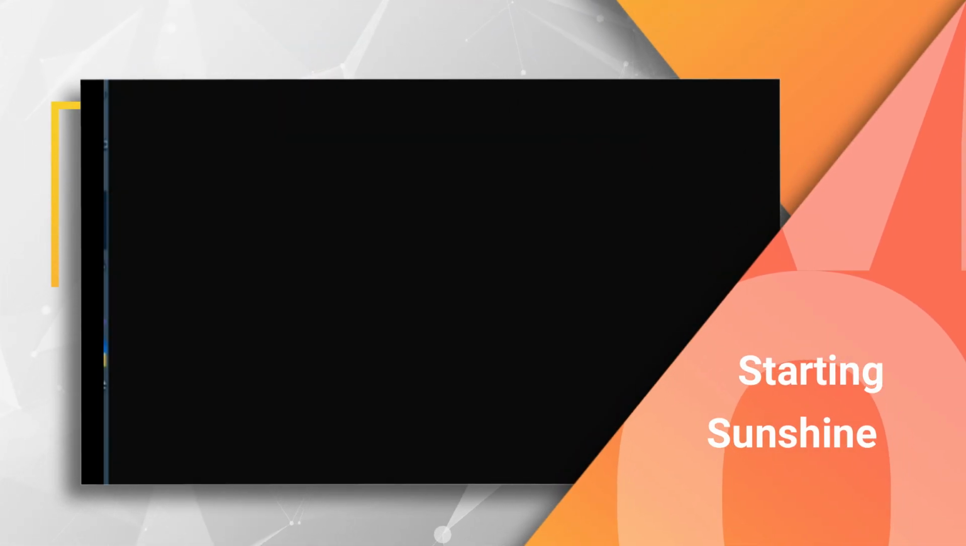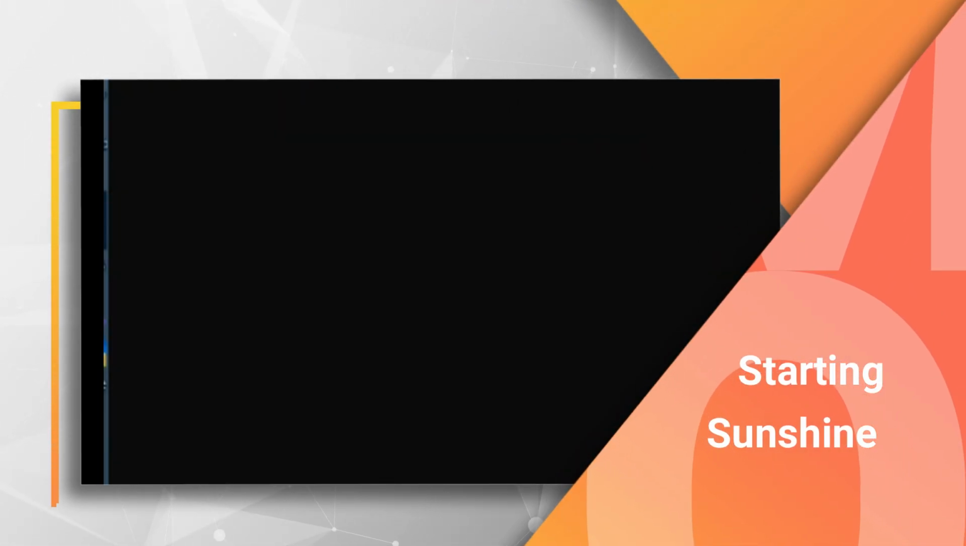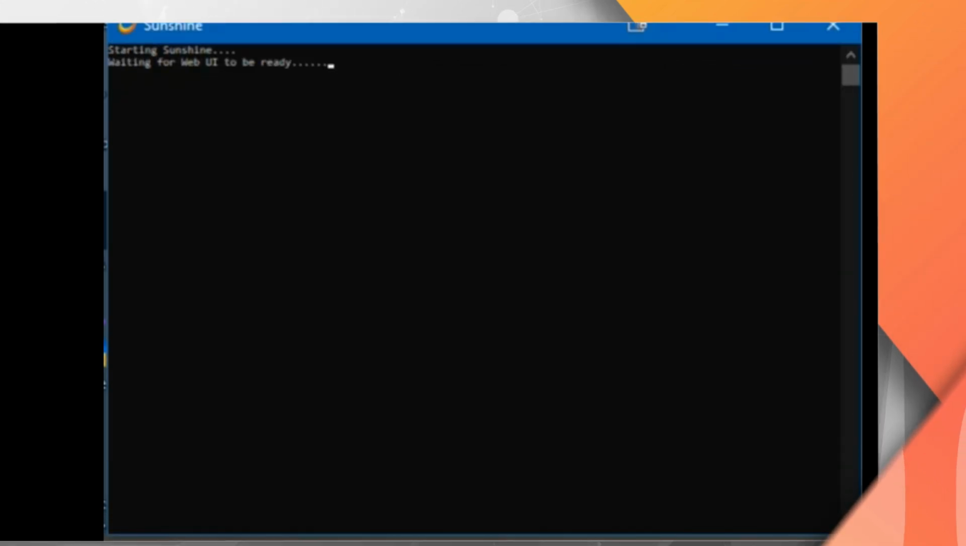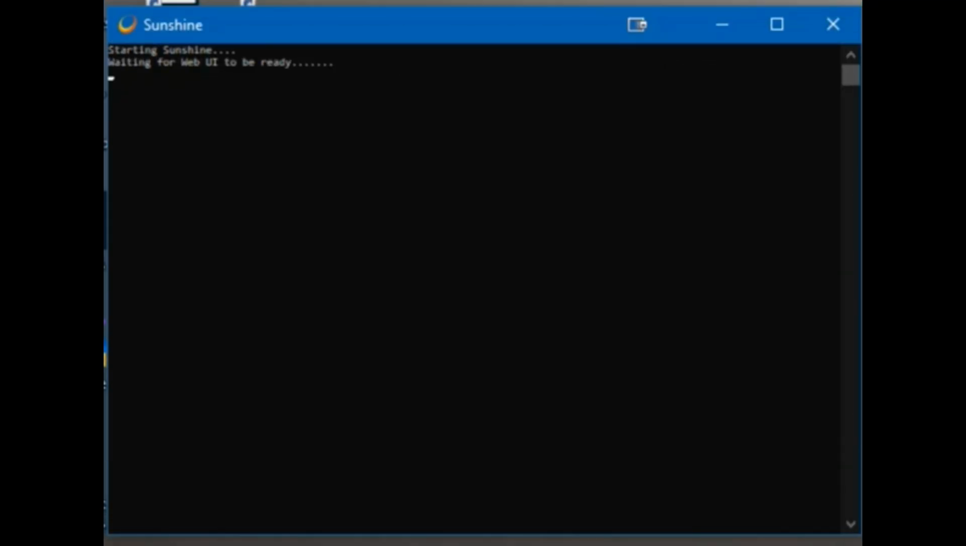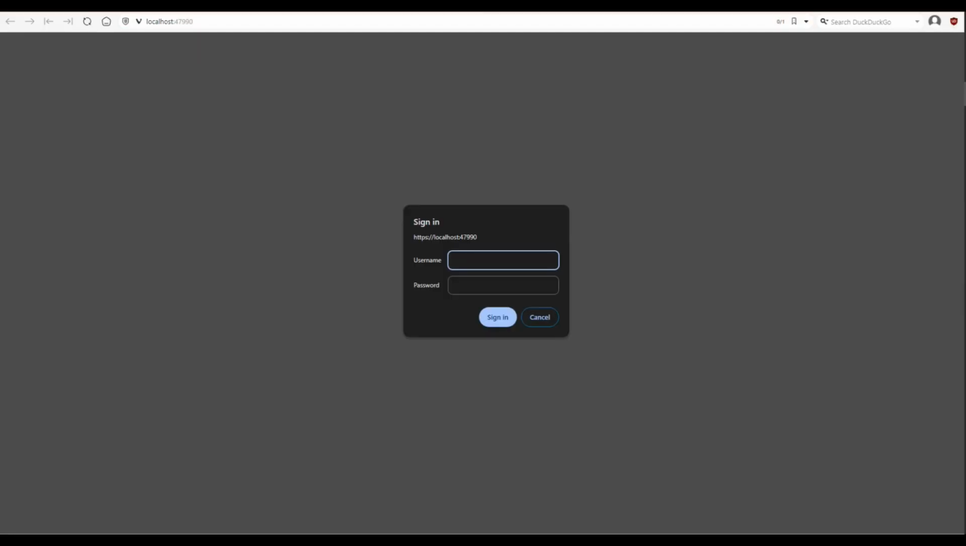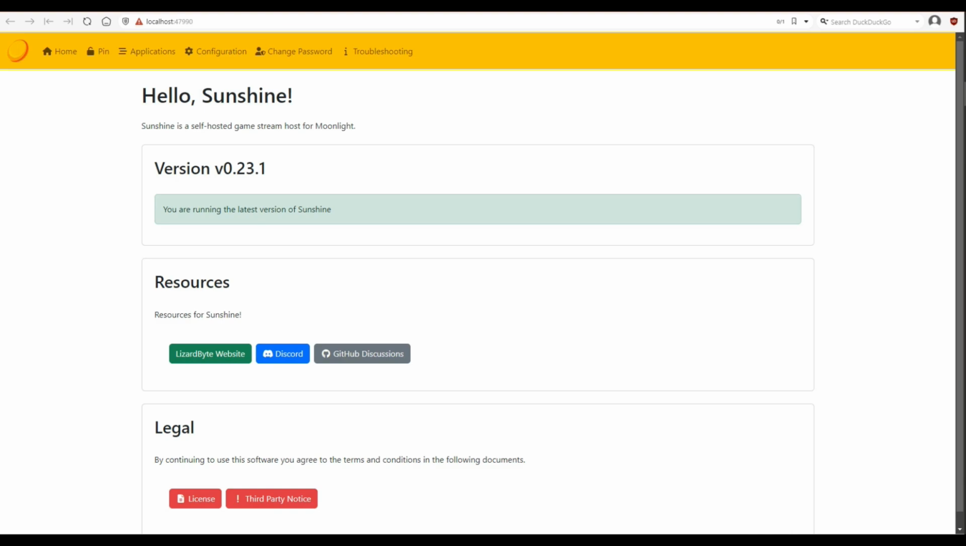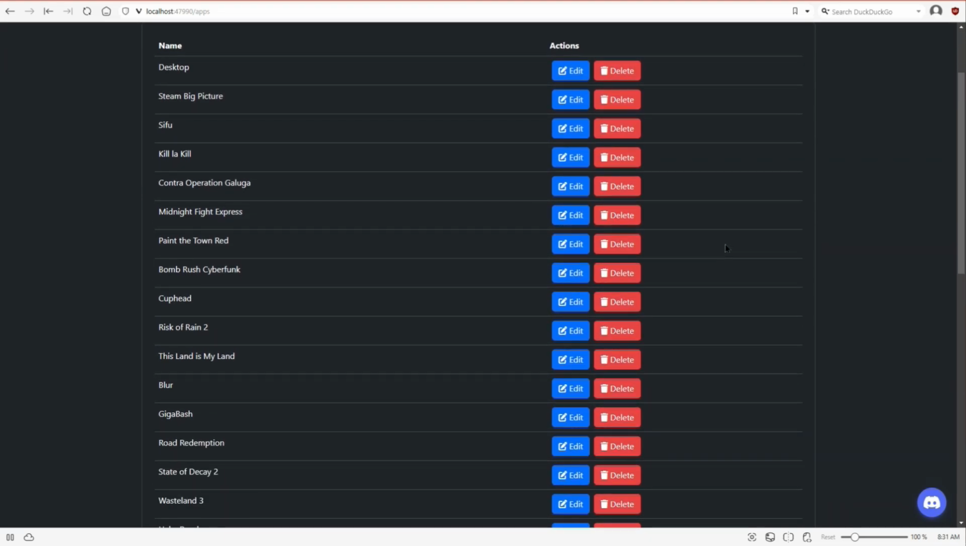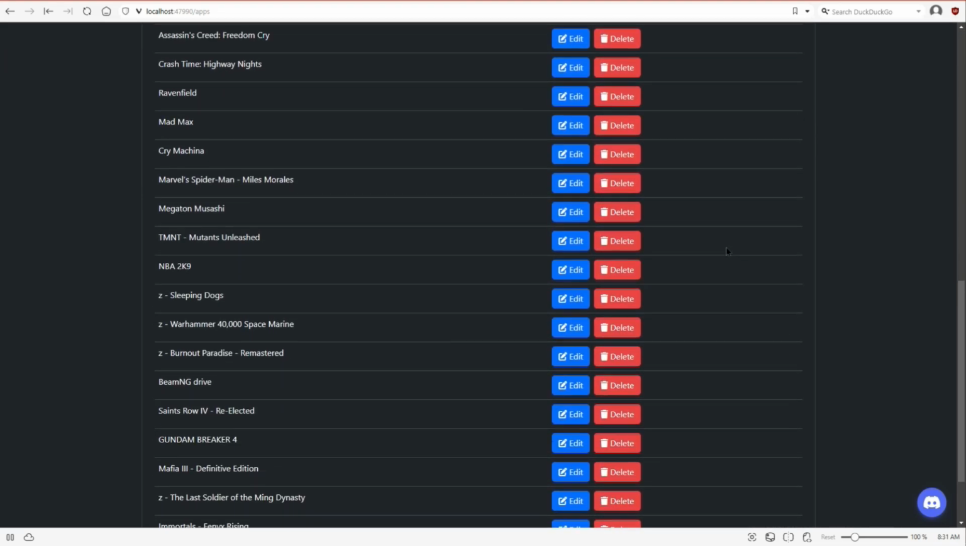So now we start Sunshine, now that we've got Moonlight installed on our device. All you're going to get is this little console DOS window that pops up. And then it's going to open up the web host where you put in the username and password, which will be given to you when you first set it up. Since I've already set mine up, it didn't prompt me, so I'm sorry if I skipped that part of the tutorial. But this is the front page, and this here is the application page,